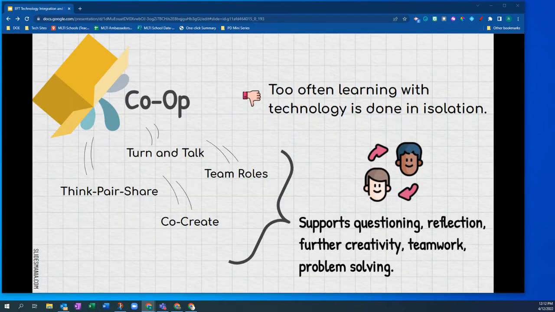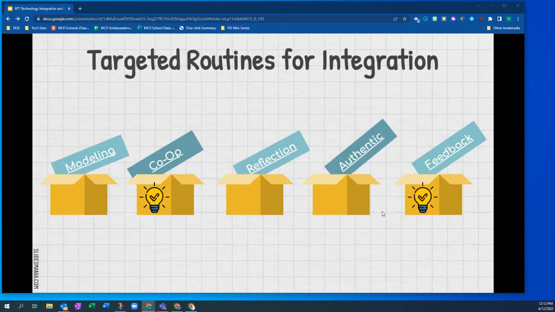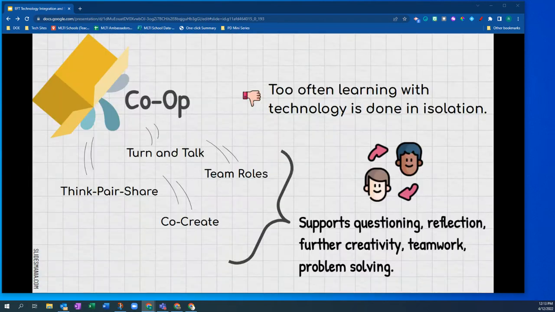The next piece here, and the co-op had this little light bulb, star, check mark, and then the feedback as well. Because yes, they're part of a lot of routines normally in the classroom, but I think that these two need their own separate focus. They need to be highlighted when you're using technology. And obviously, I'll talk about the feedback one in a little bit. But the co-op, especially, I think you need to make sure that we are considering that when we're using technology,